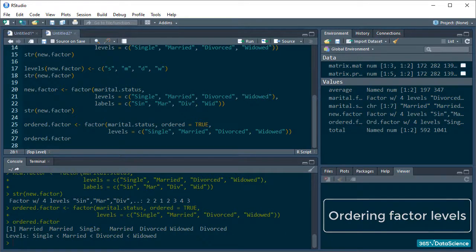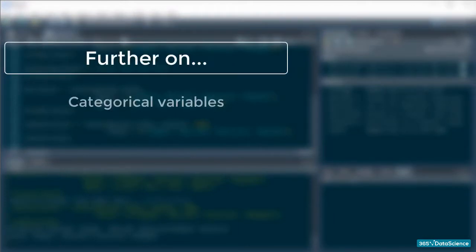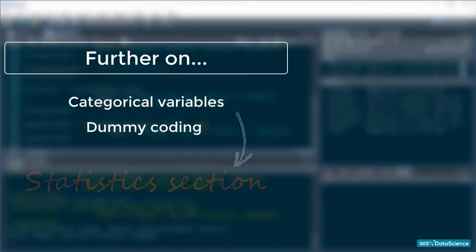Nice. Alright, that is it for this lesson. We will talk a little bit more about categorical variables and dummy coding when we reach the statistics section of the course, but for now,